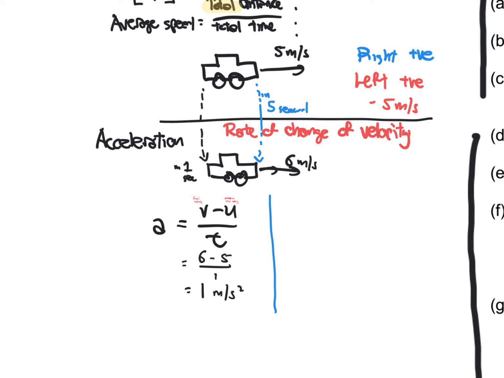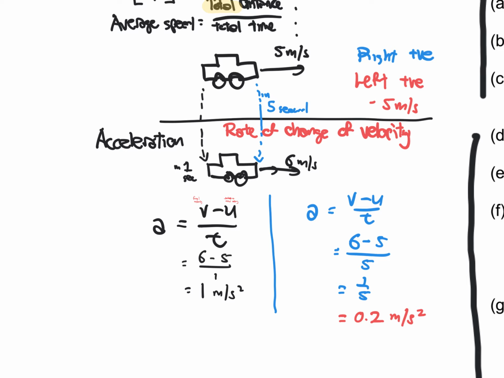Yes. And if you were to use our formula, v minus u over t, we can use the same thing, right? Final will be 6, initial will be 5, but it took a grand total of 5 seconds, right? I'll get 1 over 5. Whoop, wait a minute. We do not use fractions. We cannot end off as a fraction in physics, so 1 divided by 5 would be 0.2 meters per second